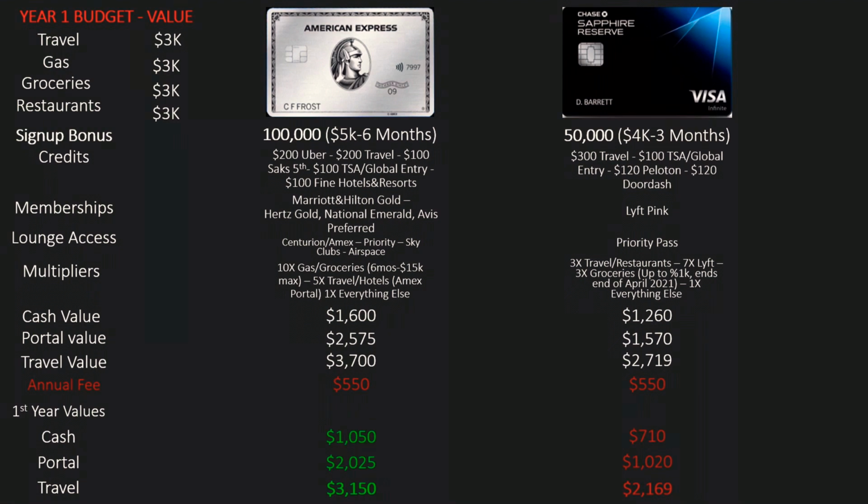The multipliers are just incredible right now. I mean, for the first 6 months, you're getting 10x on gas and groceries. And even if you're the kind of person that eats out a lot, 10x on gas is still amazing. The Chase Sapphire Reserve offers 3x on travel and restaurants, which is great. But